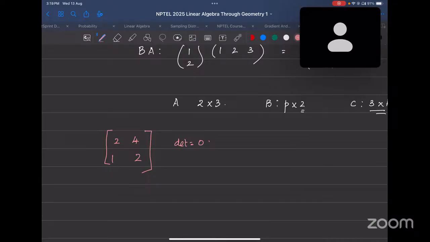A is in row reduced echelon form. That doesn't even matter. So the only answer is the determinant of A is non-zero. So that's the option. Then the fourth question: to find the inverse of a matrix using row operations, we multiply